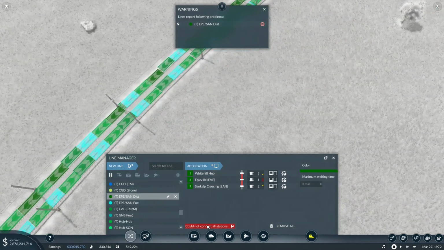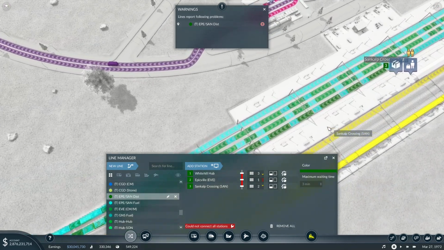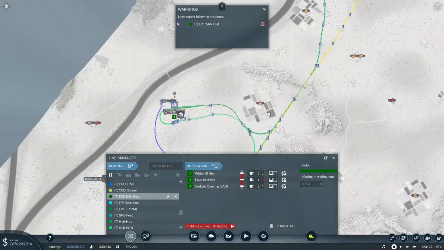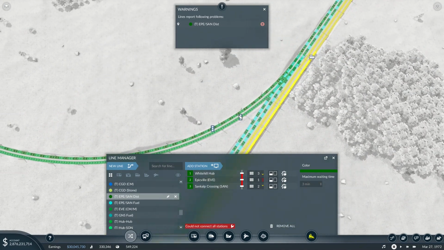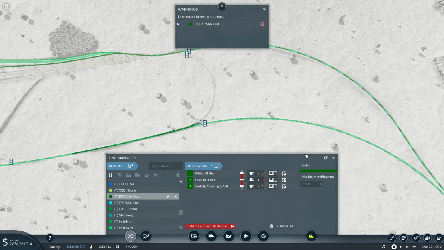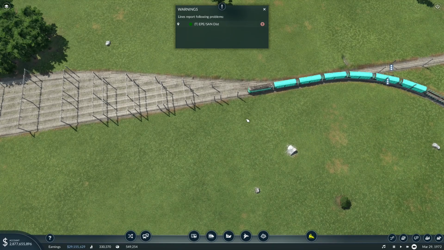Could not connect all the stations. Okay, so then from there. How can you not connect here? Can you not get there? Hang on. What am I missing here? Okay. It's doing something weird. I don't necessarily think there's any problems with it. I think once it goes in here,